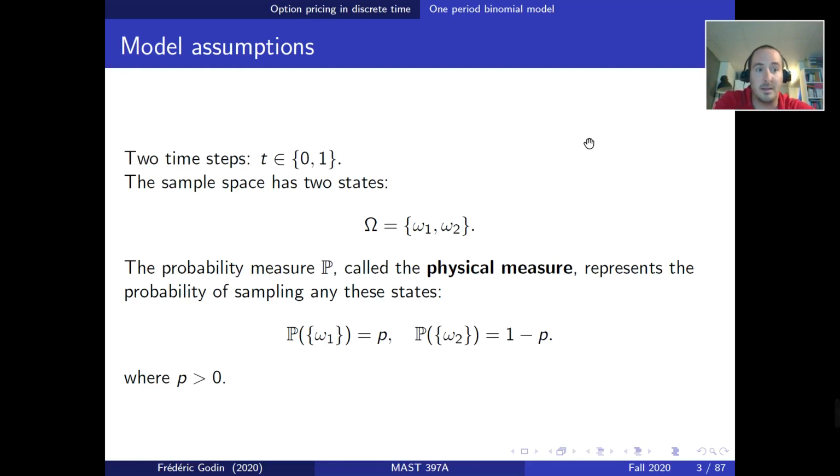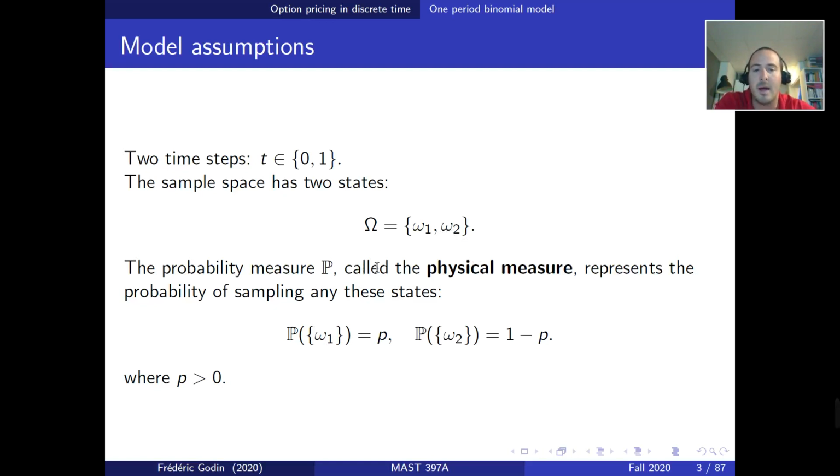So what are the assumptions associated with our model? Well, we'll start with a very simple model, which is a one period model. So we're going to assume that there are two time steps, time 0 and time 1, and that our sample space, this is a probabilistic sample space, has two possible outcomes, either omega 1 or omega 2. So it's as if you tossed a coin. Outcome omega 1 would be heads, and outcome omega 2 would be tails. Okay, so there are only two possibilities in this